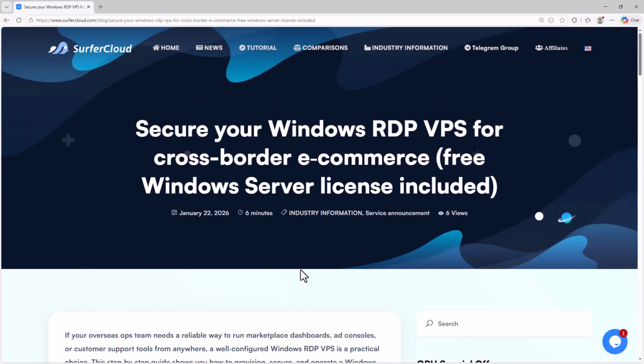We'll also clarify licensing. Many providers include a genuine Windows Server license in the instance price, which means no extra